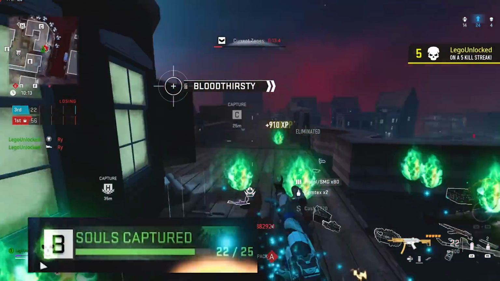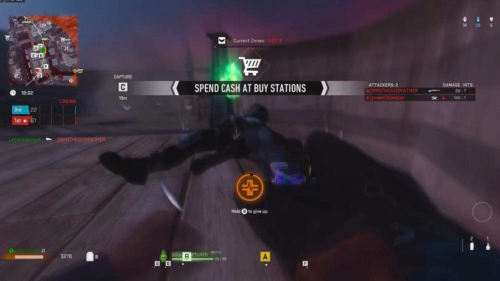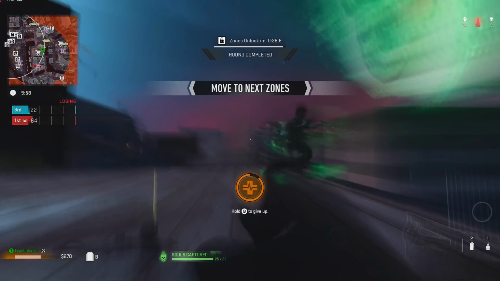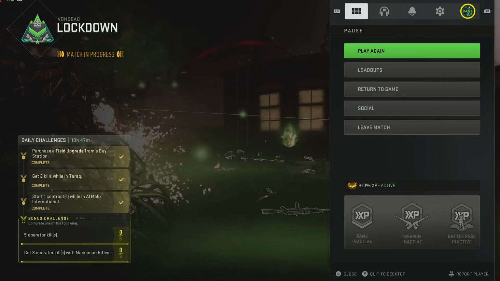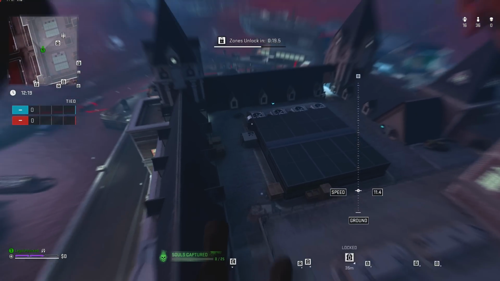there's a trick you can do to speed up this process even more. Instead of just leaving the game, what you want to do is get killed by an enemy, and while you're watching the kill cam, if you press the pause menu and you go to the menu at the very top, it's going to say play again. If you hit this option, it's just going to immediately load you into another game and start searching for it,